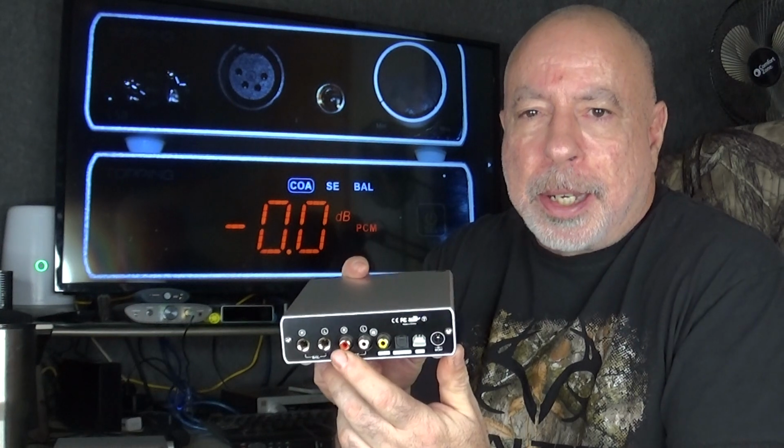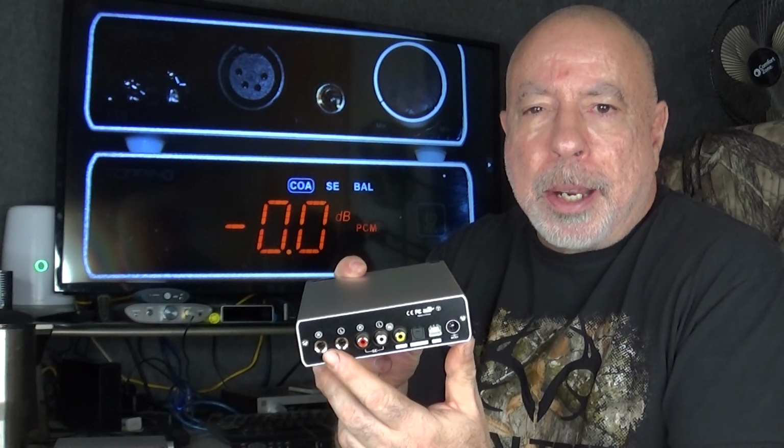Hi-Fi Audio has gone the other route and used 4.4 millimeter Pentaconn, which cables are available 4.4 to 4.4 or 4.4 to full-size XLR, which makes it easy to hook up to a full-size amp that uses XLR inputs. But this, as far as I know, there's no way right now. I don't have the cables, and I haven't seen the cables to go from 6.3 millimeter TRS to full-size XLR. I'm guessing someone will come out with those cables soon if they're not available already. My only other complaint is the cord on the power supply just being a little bit too short at 4 feet. I wish it'd be 6 feet, but other than that,